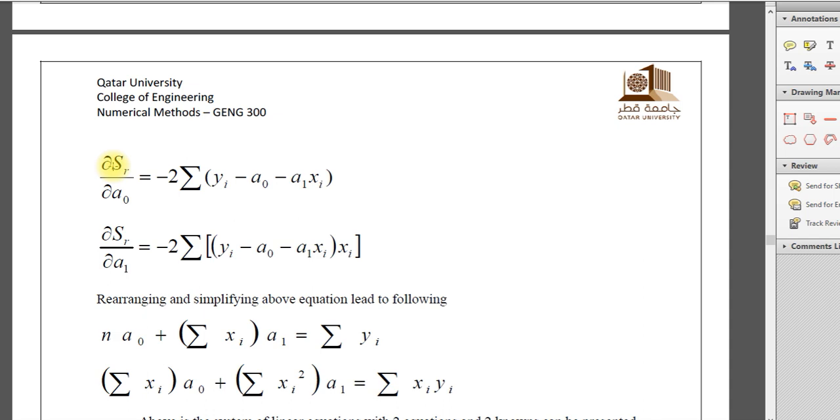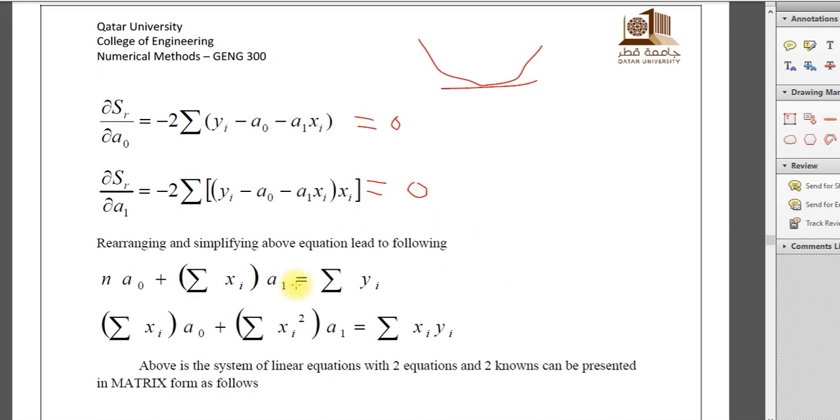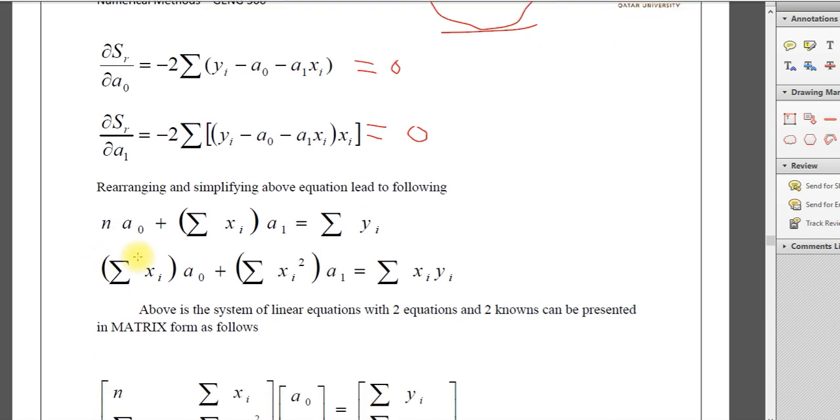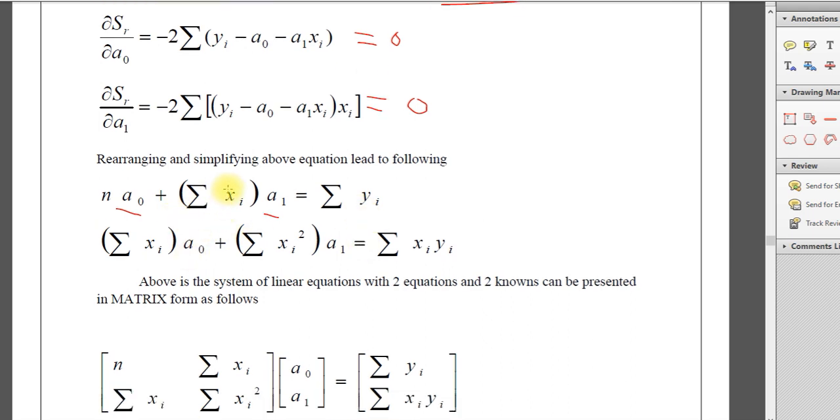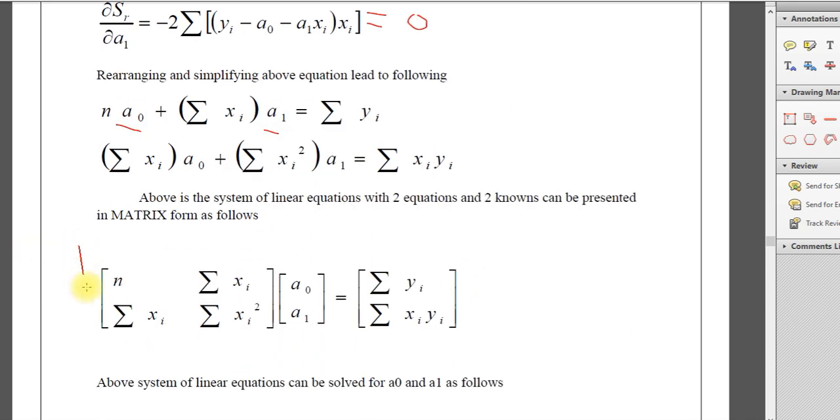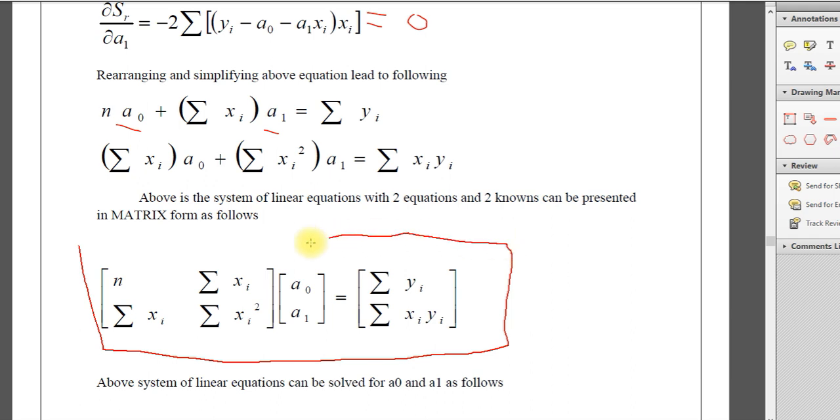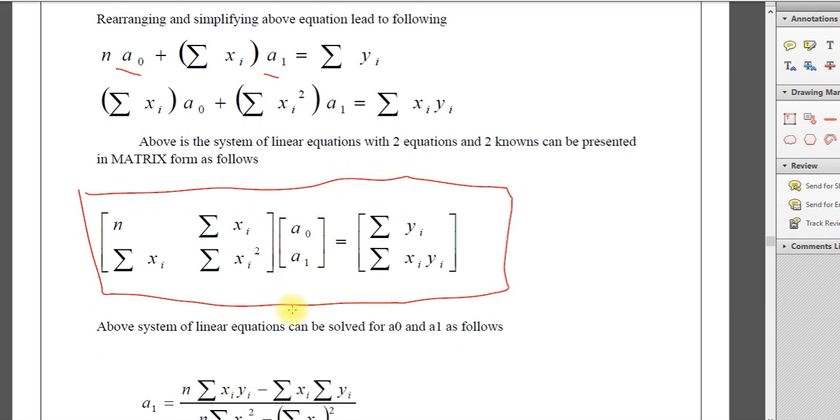Okay, so for minima it is like this, isn't it? The slope is 0. Slope is 0 means it should be equated to 0, and once you equate this to 0 and rearrange this, you will get this 2 by 2 equation. We have two unknowns, a0 and a1, and we get two equations, with summation of x here, summation of x square, and in matrix form it takes this beautiful form. So now we can solve,